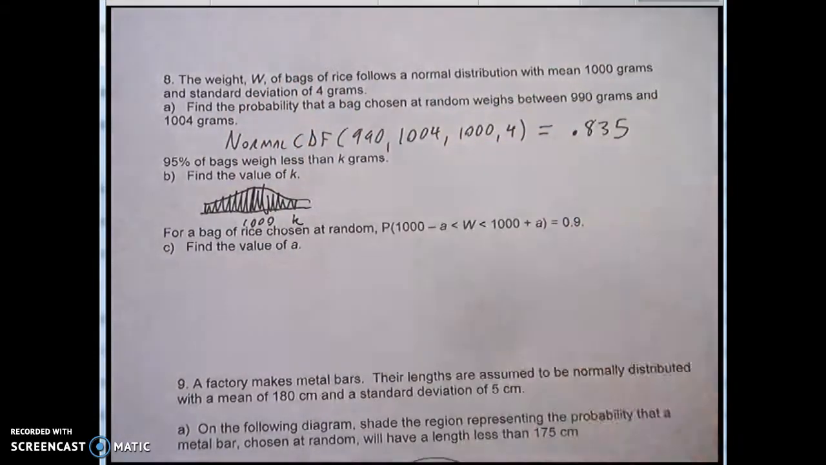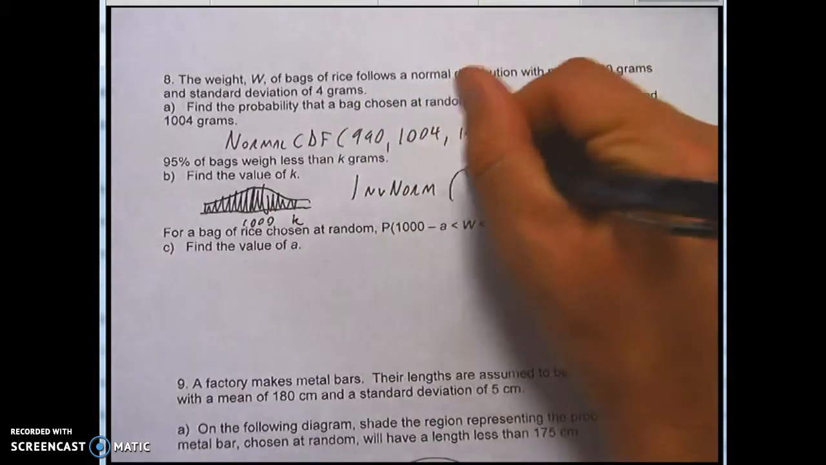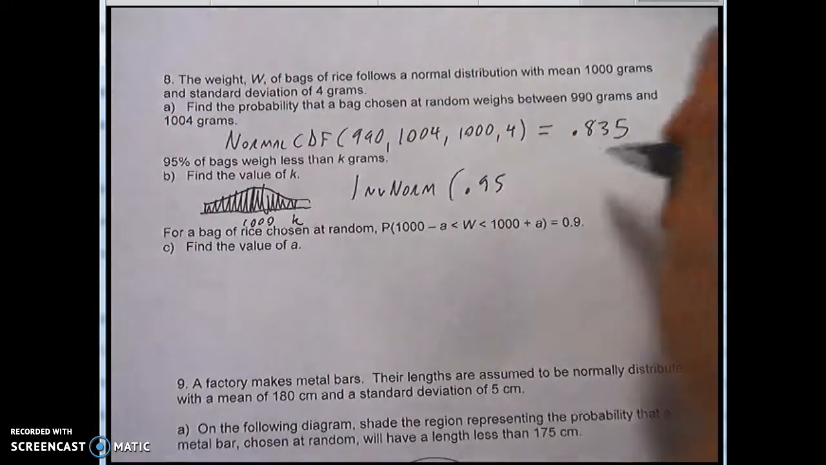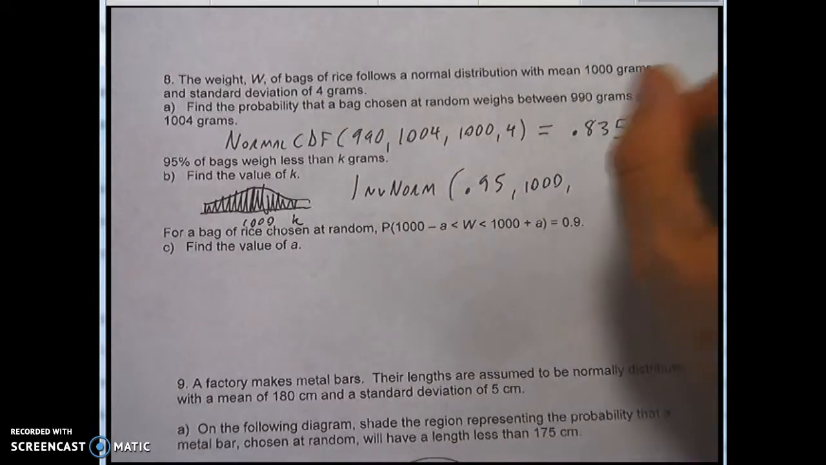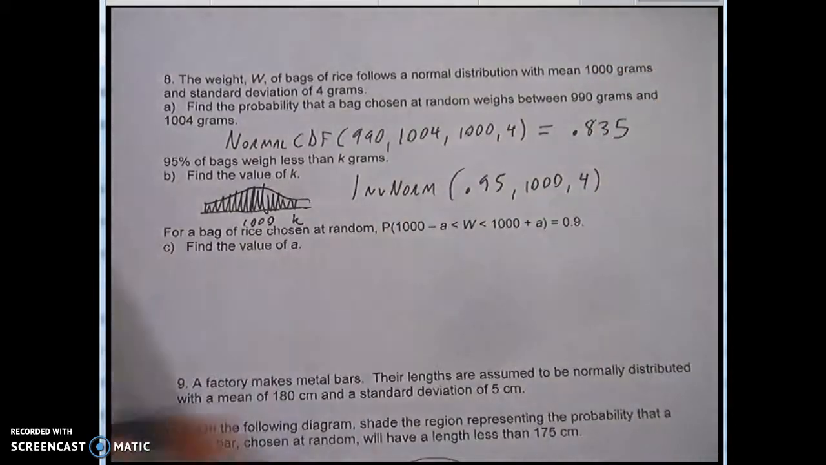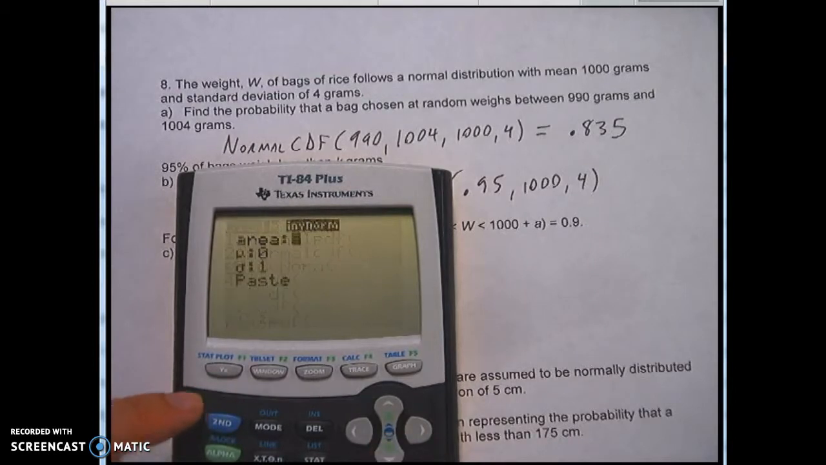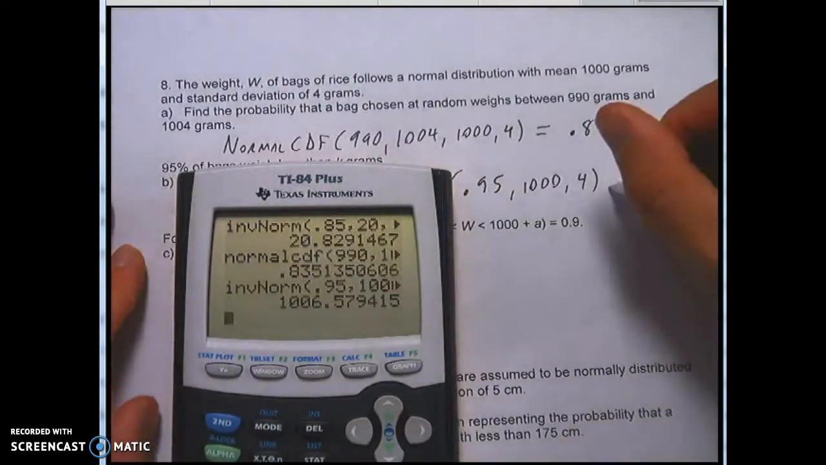So if we're trying to find the value of k, we're going to use inverse normal. And we're going to say 0.95 for 95%. The mean of 1000, standard deviation of 4. And we'll see what it spits out here. 0.95, 1000, and 4. And that's going to be